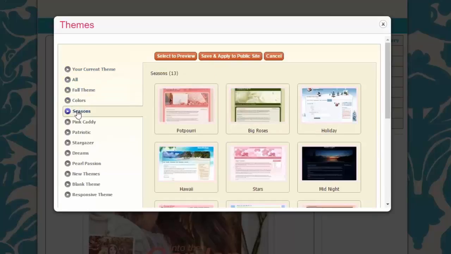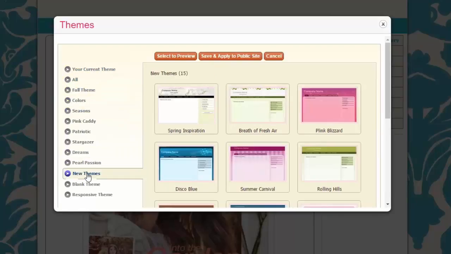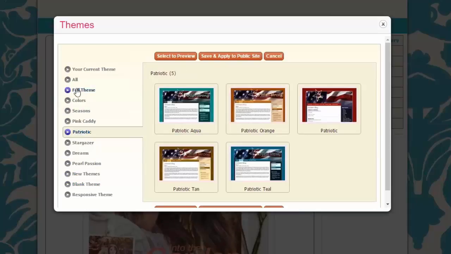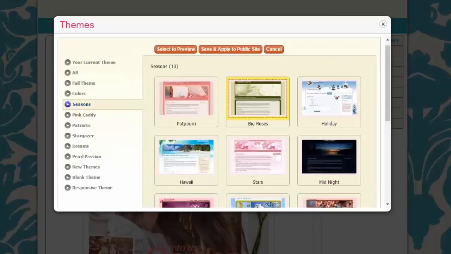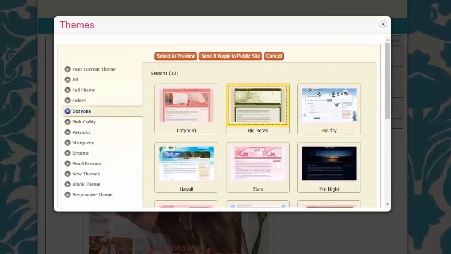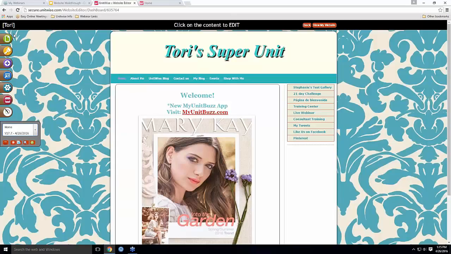You can just kind of click through, see if you find anything that you'd like. If you think you like one but you're not sure and you want to test it first, you can click on one, do Select to Preview to see what it would actually look like on your site. But if you know you like it, you're ready to save it, you can go ahead and click on Save and Apply to Site. And you can do that as many times as you want. So click through, see which one you like the best. And if you're not really liking any of those templates,